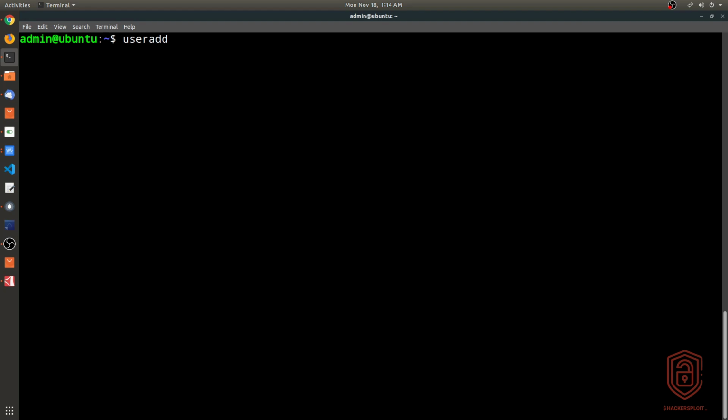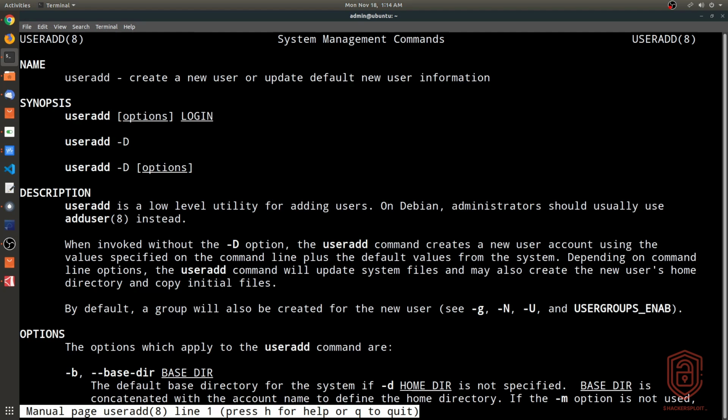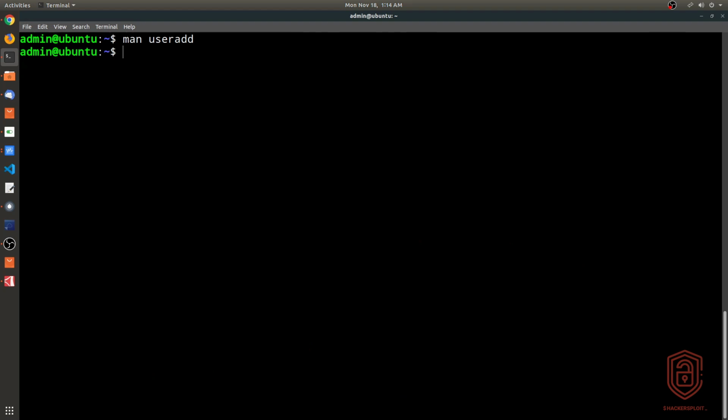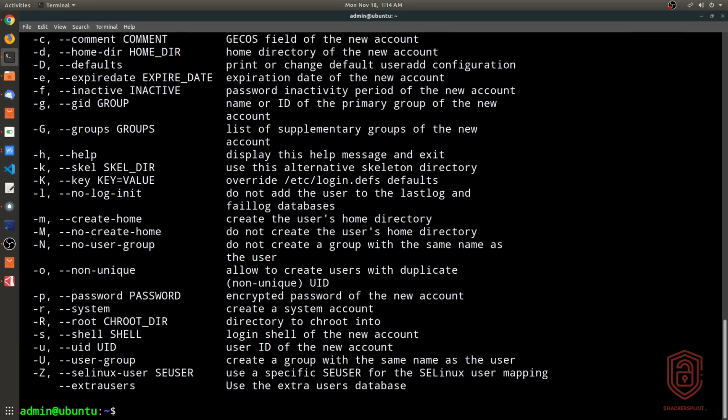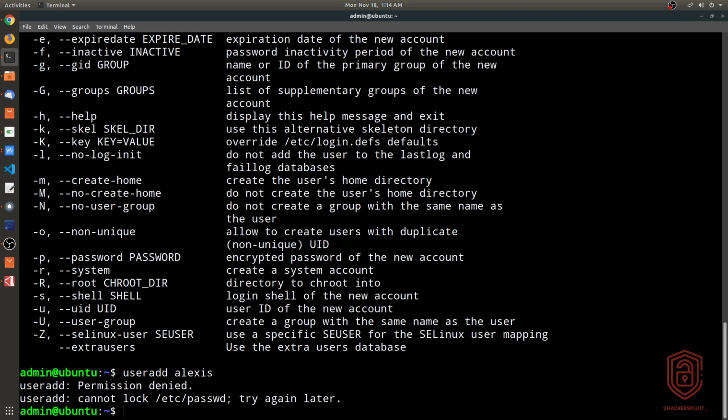We're just going to say useradd, and you can take a look at all the various options you can use when specifying a user. If I just say useradd and hit enter, you can see it doesn't give me any prompt. But if I say useradd Alexis and hit enter, it will give me an error with the lack of permissions. Now, I did this deliberately so that I can demonstrate how to use groups